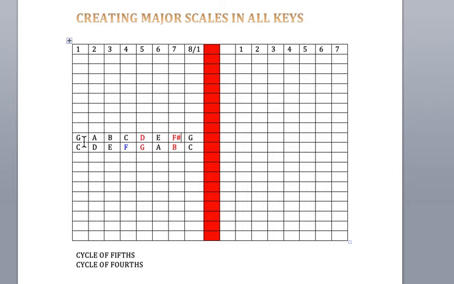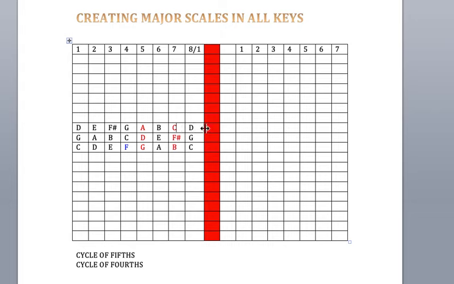Then we do the same thing. We count again 1, 2, 3, 4, 5. So the next one is D. So we pick all the notes that are in this. That's the first step. It's D, E, F sharp, G, A, B, C, D. Now you find that the next step is to sharp the